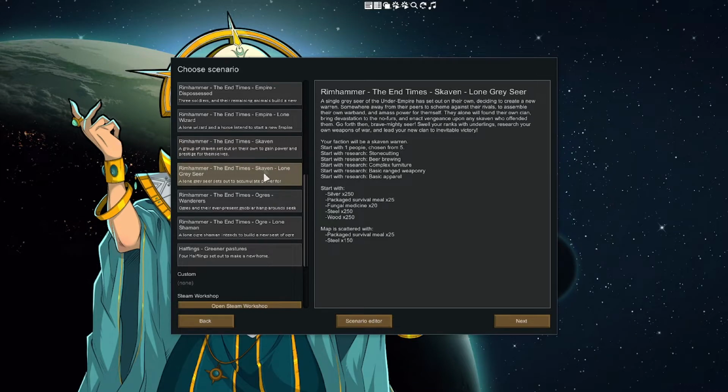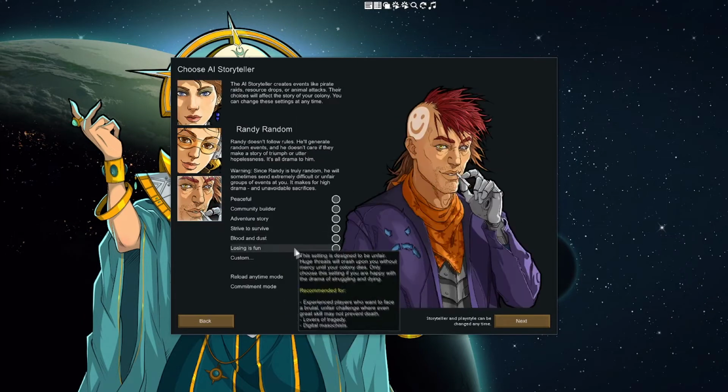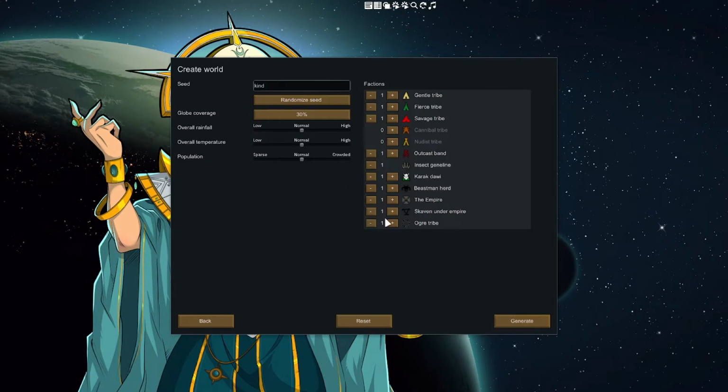We could do a wizard. It's always funner to start with a wizard, right? I think I'll end up doing a rat though. Or sorry, as many rats as I can up front. And we'll go Randy. That seems like a solid Skaven choice. And then I always like to add...